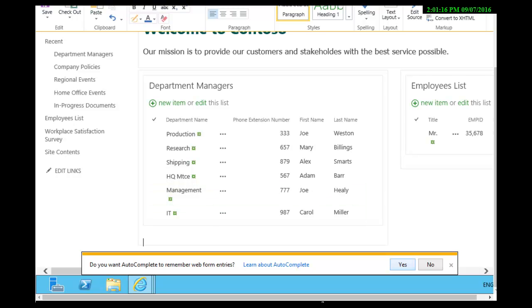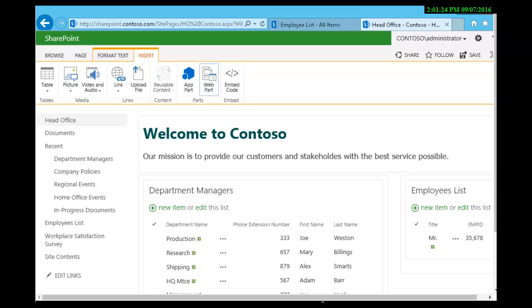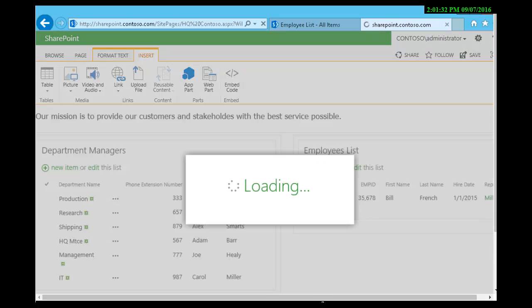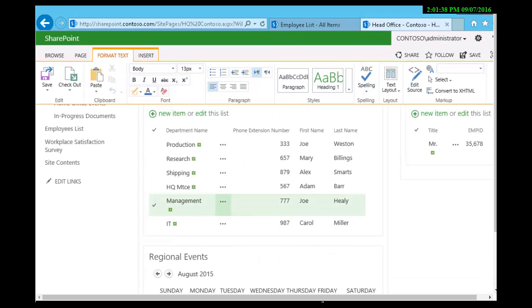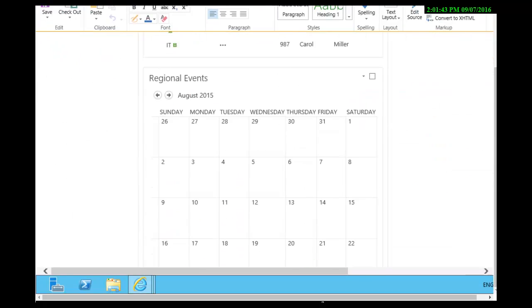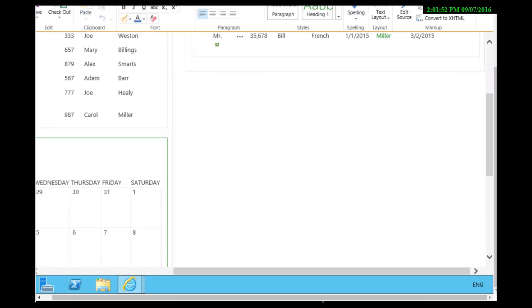Now, down at the bottom, I can insert another web part. So I'm going to insert and web part. I'm going to find our calendar of regional events. Now notice what this looks like, and it's taking up a lot of area on this first page. So because of that, I'm going to select it, and if I scroll over, and it does sometimes take a moment, and we choose to edit this web part,